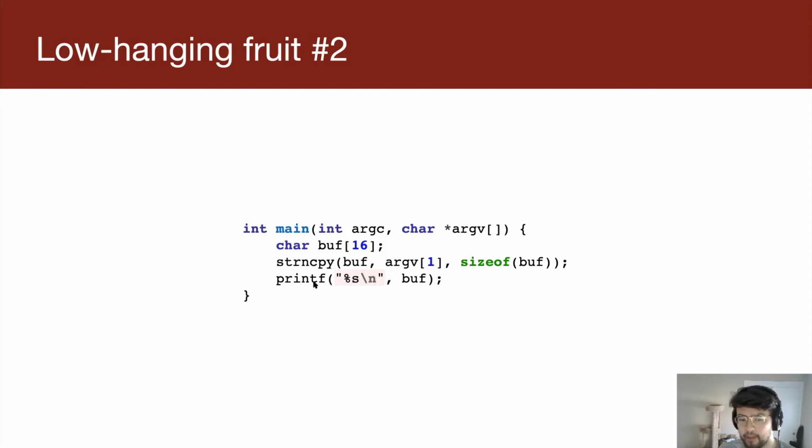So it's not a buffer overflow in writing to the buffer, but it is a buffer overflow: you're reading past the end of the buffer, because printf says, hey, let's start reading from the buffer. And so it prints a character and another character and another, and it just keeps going. There's no null terminator to tell printf to stop, so it keeps reading way past the end of the buffer, and it will print lots of extra memory.